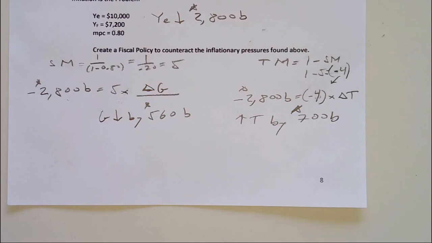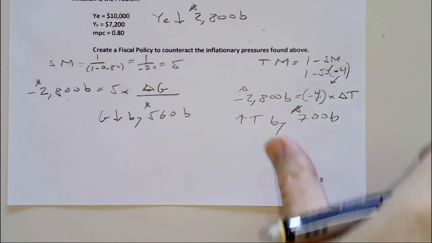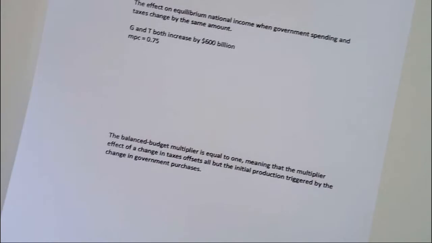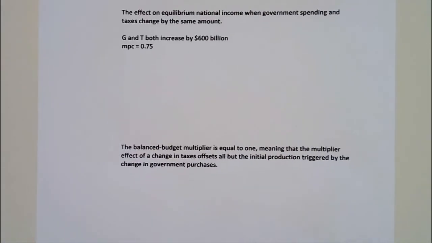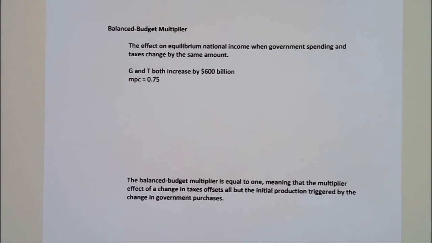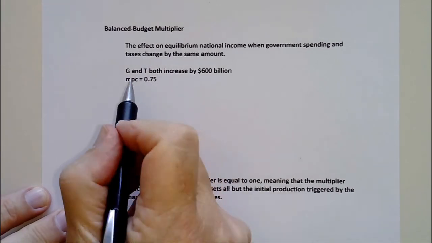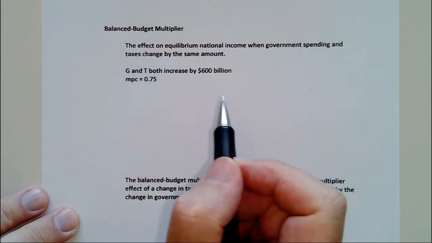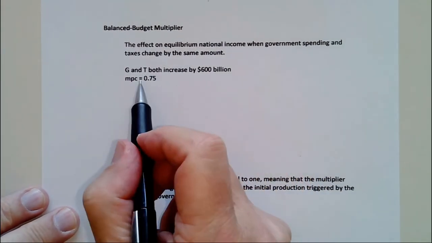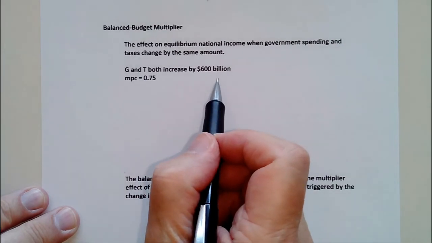We could use a combination of both. That becomes a bit more complex. I won't do that on the test. I'll either have a question about using the spending multiplier to solve the problem or the tax multiplier to solve the problem. Now there is one time I might use them both at the same time, and I would phrase it this way. What would be the effect if both government spending and taxes both move in the same direction by the same dollar amount? So for example, what would happen if they both would increase by $600 billion?